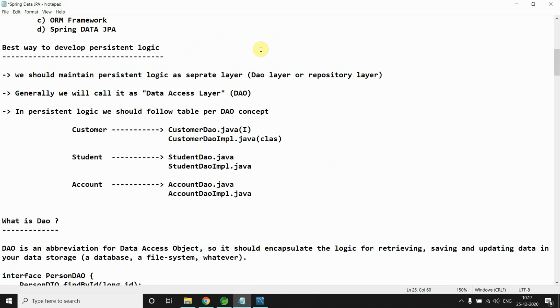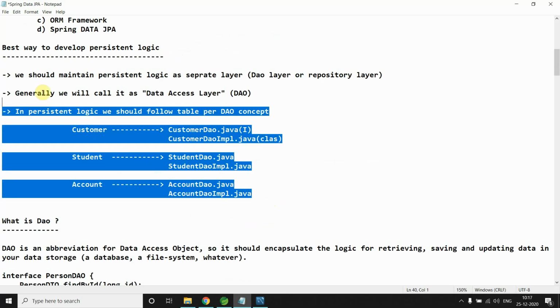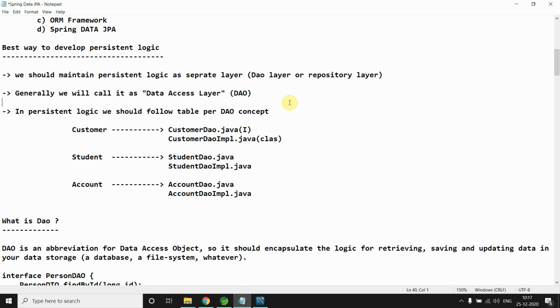Now when we work with Spring MVC in a real-time project, like when you are working in your office, we use DAO, which means data access layer. With DAO, you first make an interface. You have a customer class, a student class, an account class in your project, right?